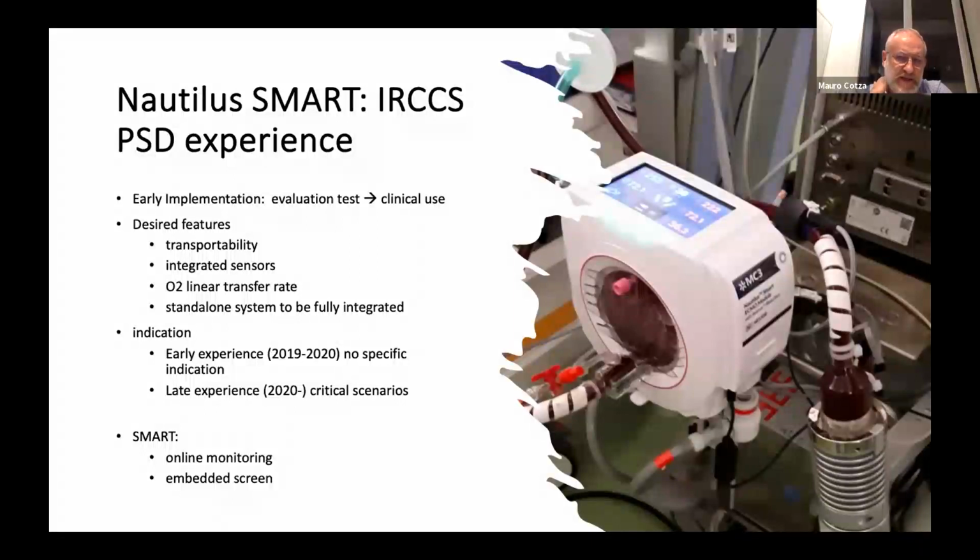And the desired features that we tried to find inside these devices were transportability and the possibility to have an integrated sensor, because we had consoles that are able to manage this kind of monitoring, and to deploy at a linear transfer rate, and to have a standalone system, because we had to fully integrate it into some systems that we have in our environment. You can see in the picture on the right the Xenios devices, the LivaNova SCPC and the Lifebox. So we fully integrated it during the pandemic wave in order to implement and increase our ECMO